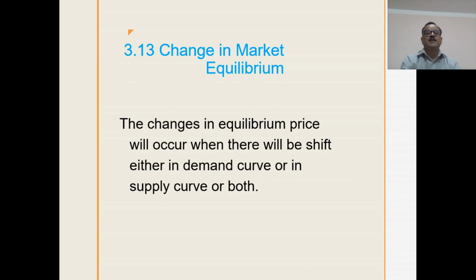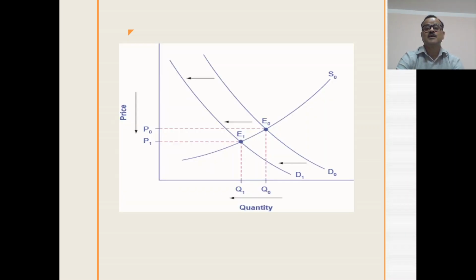Change in market equilibrium. When does the equilibrium change? The equilibrium price changes when there is a shift either in the demand curve or in the supply curve or both. If the demand curve shifts there will be a change, or if the supply curve shifts there will be a change, or both may shift simultaneously. You can see here in the initial stage, demand and supply curves meet at a point, equilibrium quantity is Q0 and equilibrium price is P0, and if demand